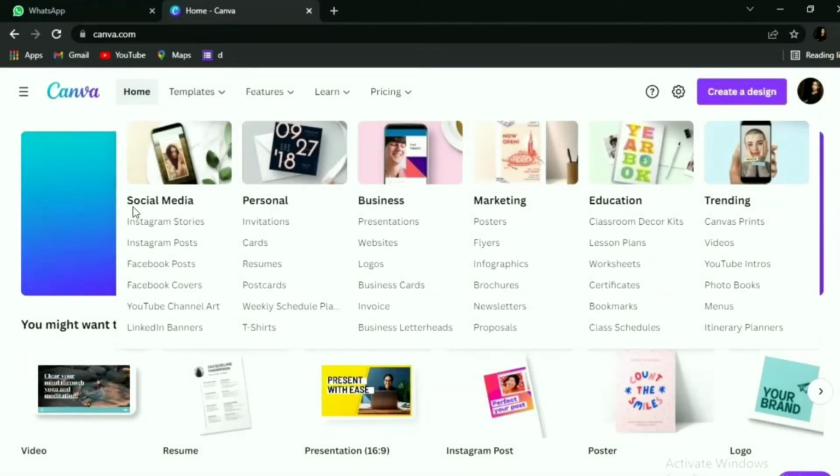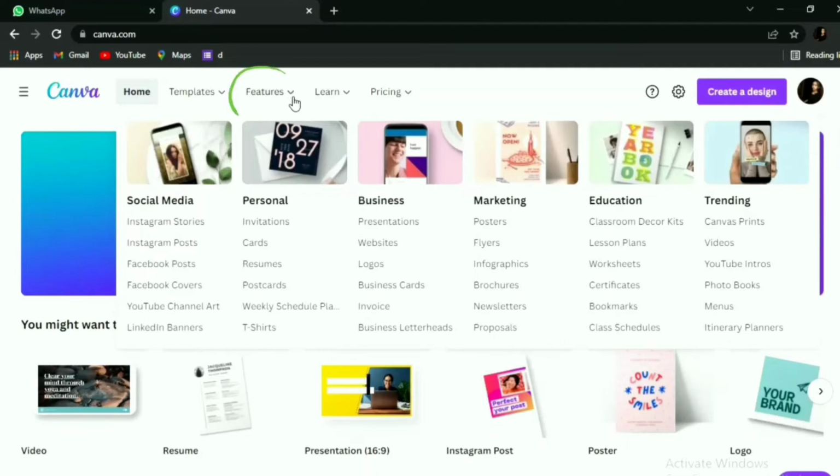On this menu, we can choose the theme that we will create, namely social media like Instagram stories, Instagram posts, Facebook covers, YouTube channel art, linking banners, or we can choose a personal theme like invitation, card, resume, or we can choose a business theme like presentation, website, logo, and then we can choose a marketing theme or education or trending.